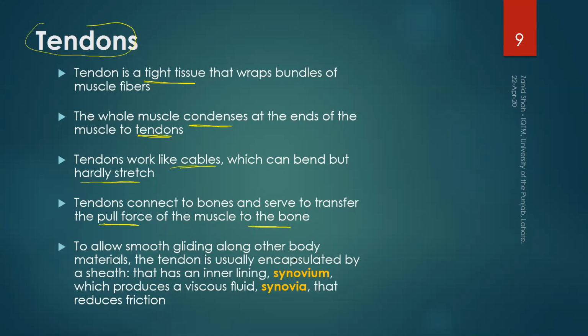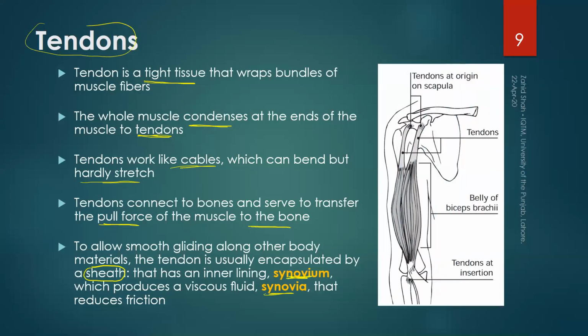So they also have synovium and synovial fluid. Again, we will see this point once we discuss the musculoskeletal disorders. There is actually a cover around these tendons that is called a sheath, and inside that sheath there are two layers, and between the two layers there is synovium, and we will come to that point later. But this is similar to the synovium in the synovial joints.